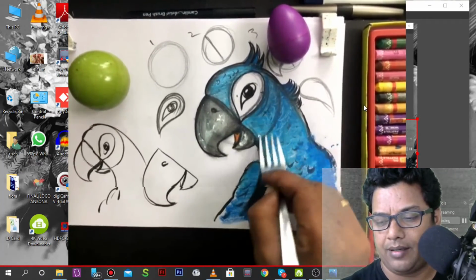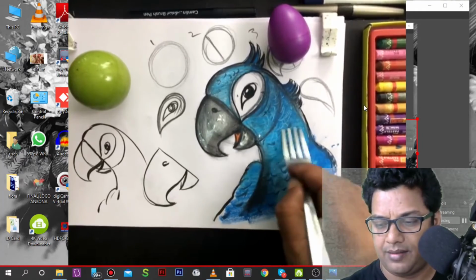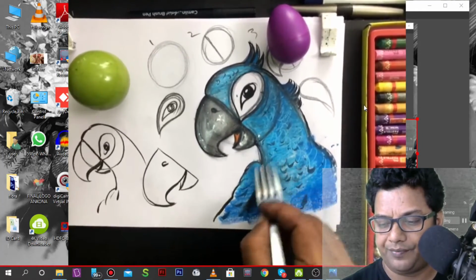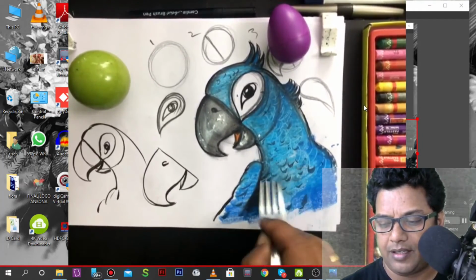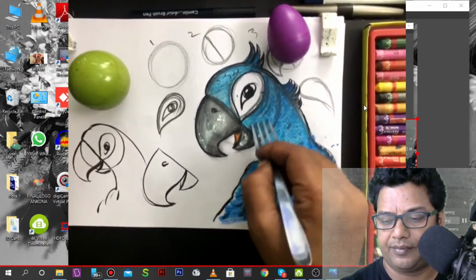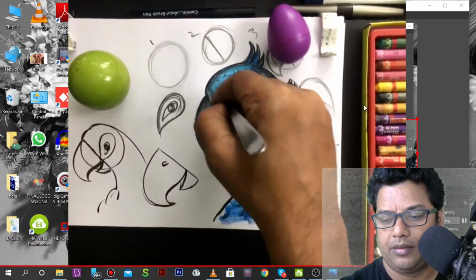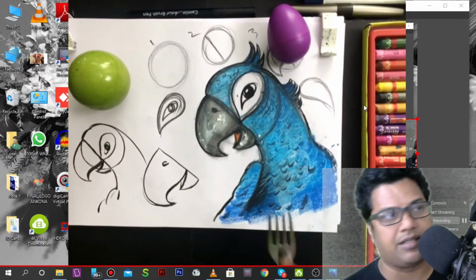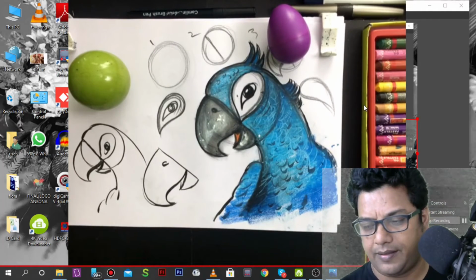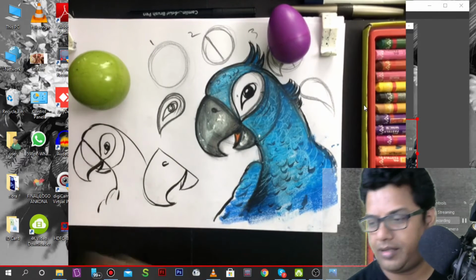We can make some texture if you have a spoon or something like that. You can make some design like this. So a few designs, it looks really realistic.